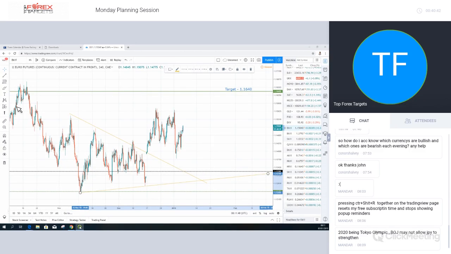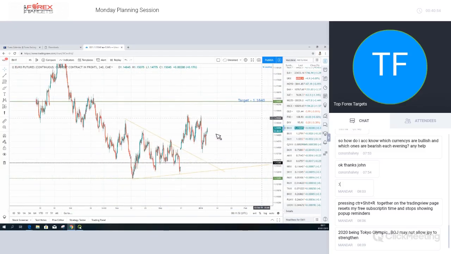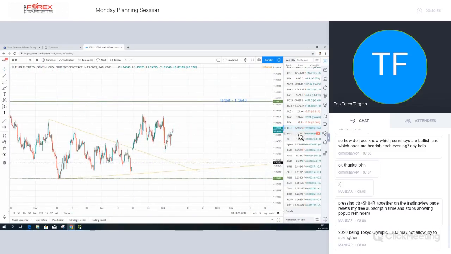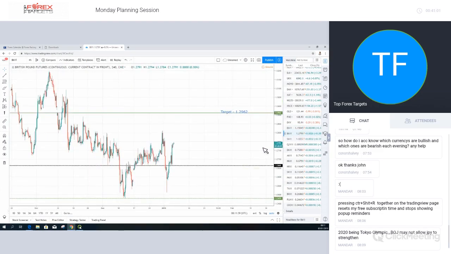But as it stands, and don't worry, when we go and look at the individual currencies, when we look at the actual pairs, I'll show you what this means and how this can be traded. If it sounds a little bit vague at the moment, that's just because we're sitting right in the middle of these two.